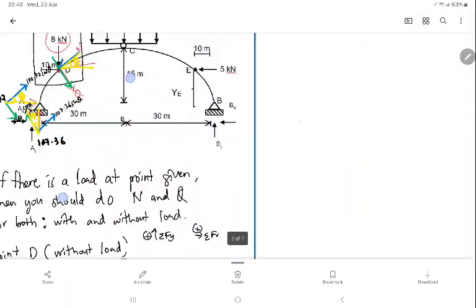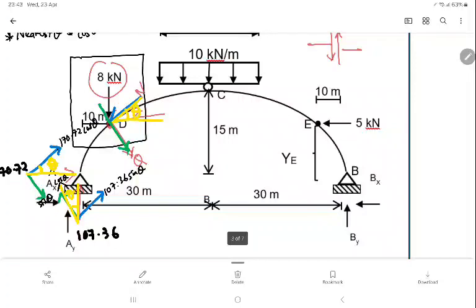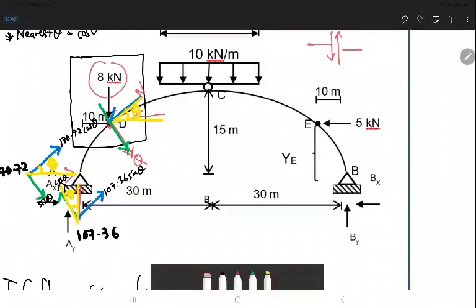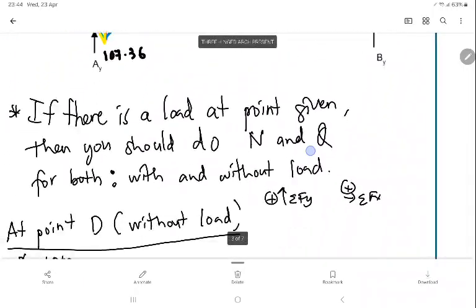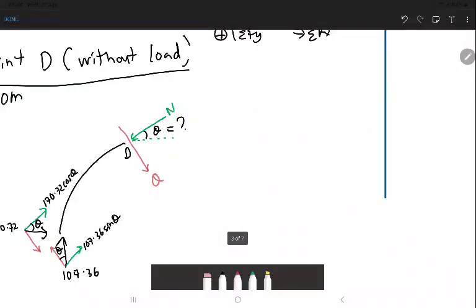So you need to find the slope at x equal to 10 meter. So the formula for slope, you remember,